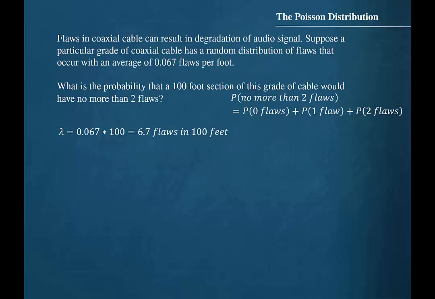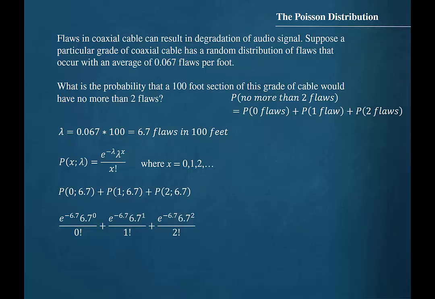We still have a 100-foot section of cable with the same average number of flaws per foot. So we will substitute again into the formula, this time with 0 flaws, 1 flaw, and then 2 flaws. Performing the calculation with the formula, we find a probability of